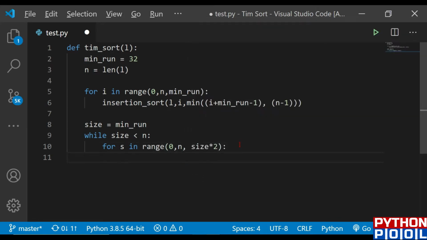In this loop I'll define one middle point, which I'll call mid, and it would be start plus size minus 1.